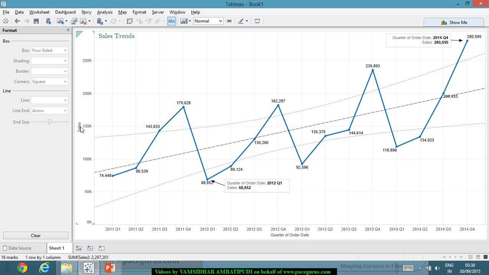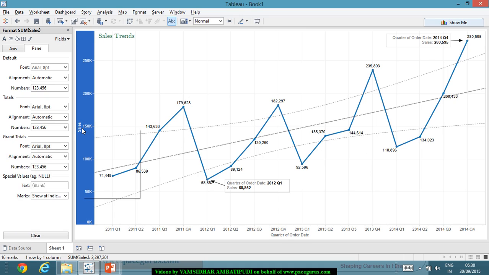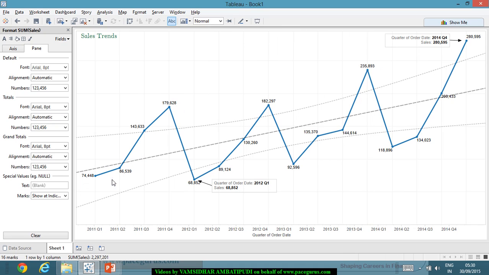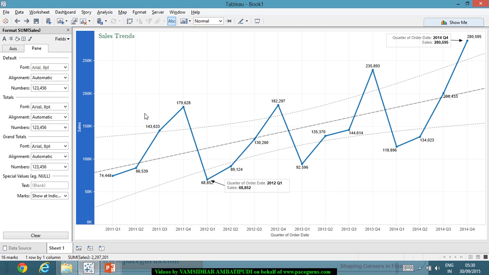Now, if this is the case, obviously here I don't need the sales heading. So I can click on this and I say remove the header. Right? Because the numbers are already there here. I may not be interested in having the header. Or